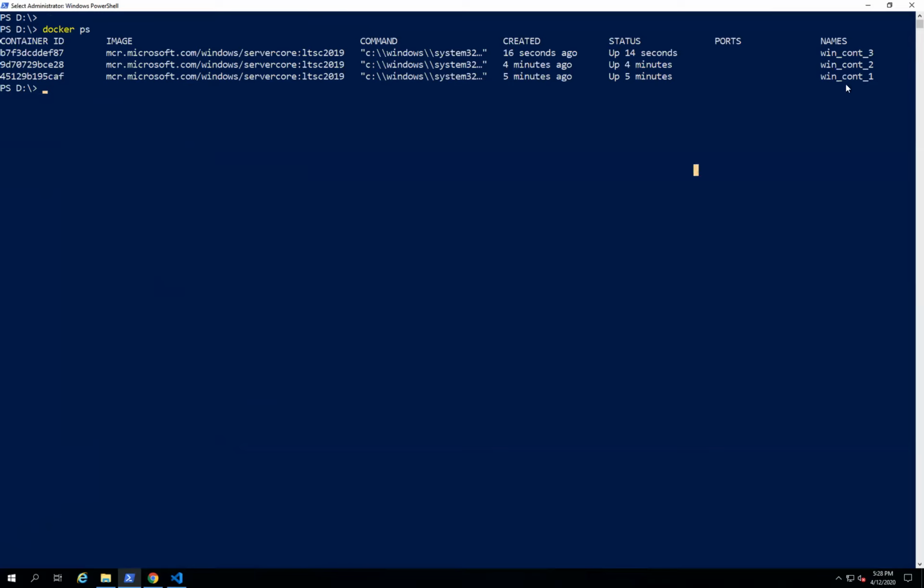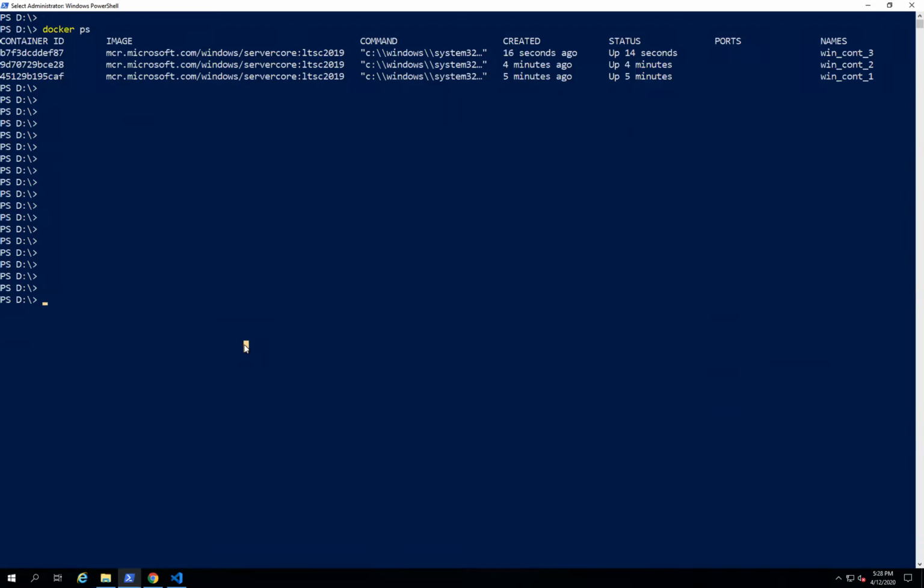I'm just connecting to Windows container 1, and I'll try to ping win container 3 to prove the point. I don't know, it got stuck. All right, the machine is hanging.